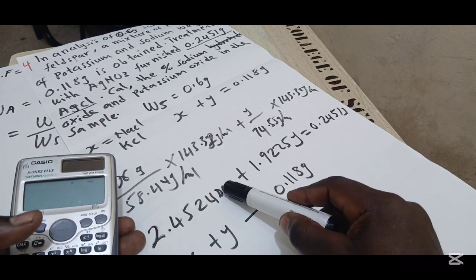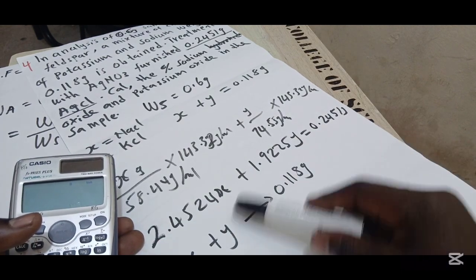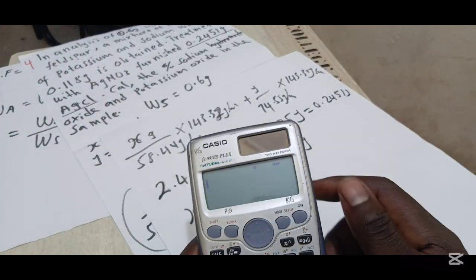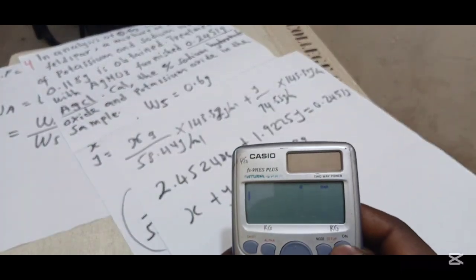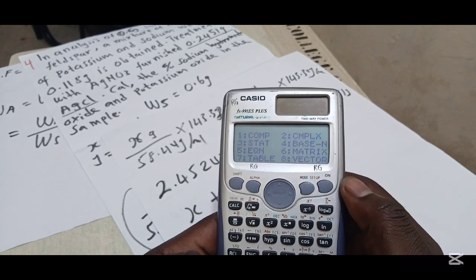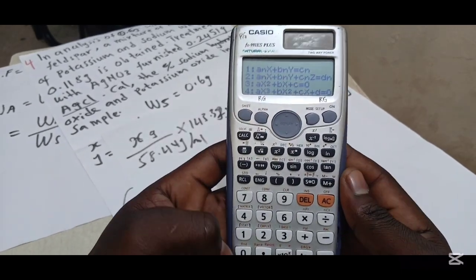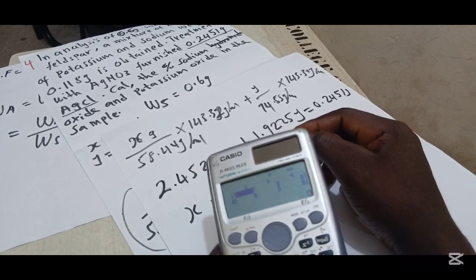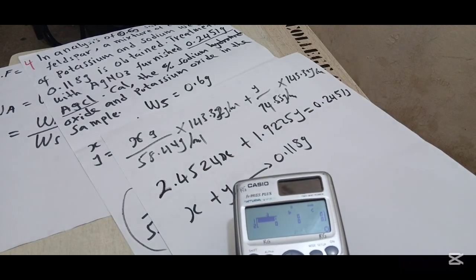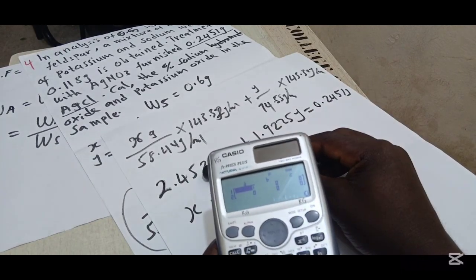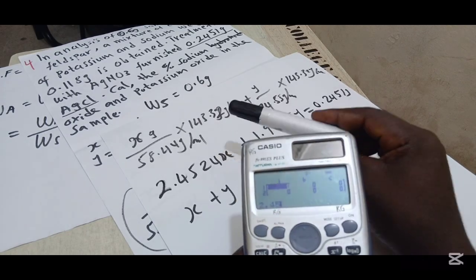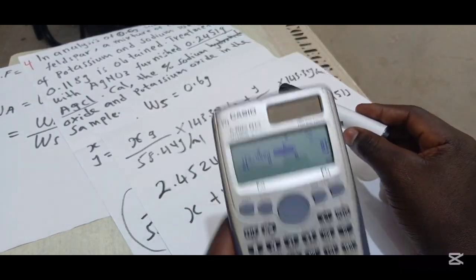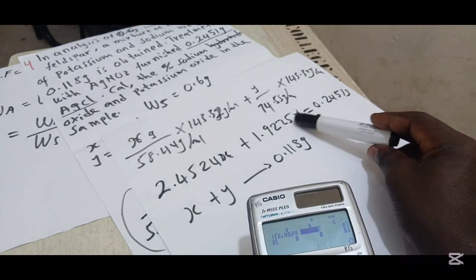So here we have x and x, here we have y and y, giving us something. So let's go ahead and put our values in the calculator. Mode 5 1. So first value for x, we are going to key in the equations one after the other. So first value for x is 2.4524. So first equal to second value for x, and the first value for y is